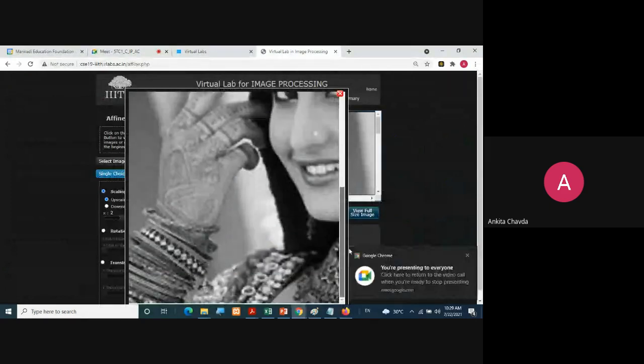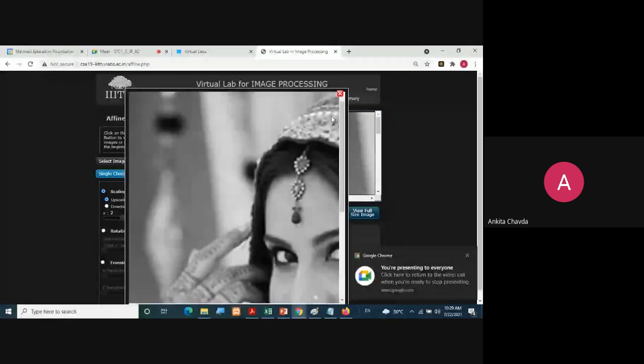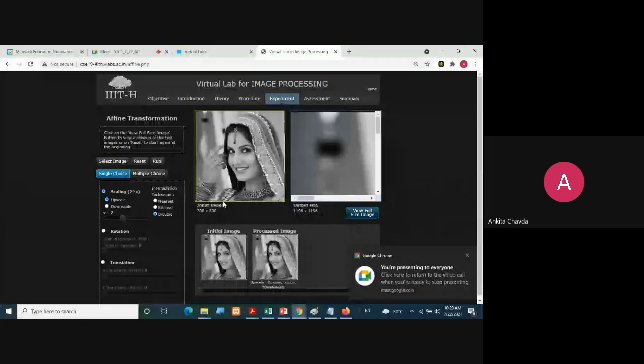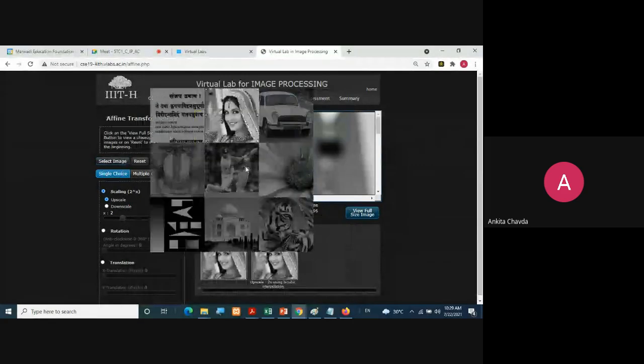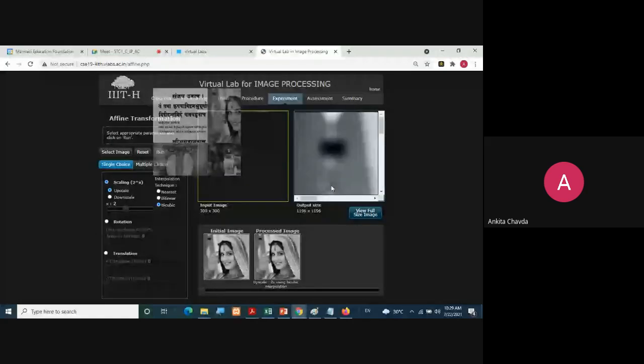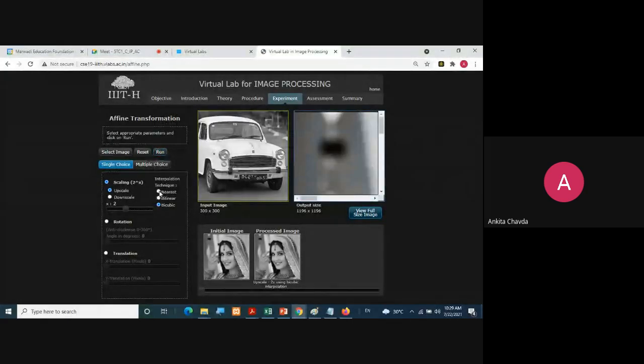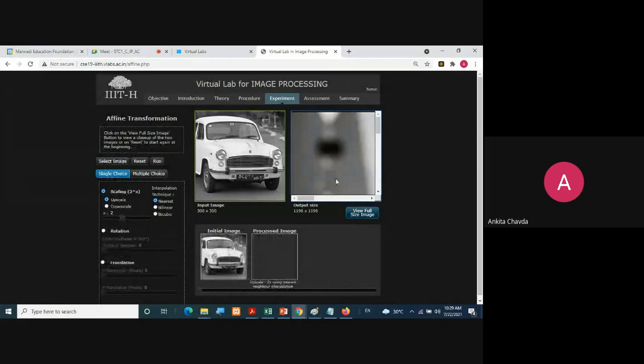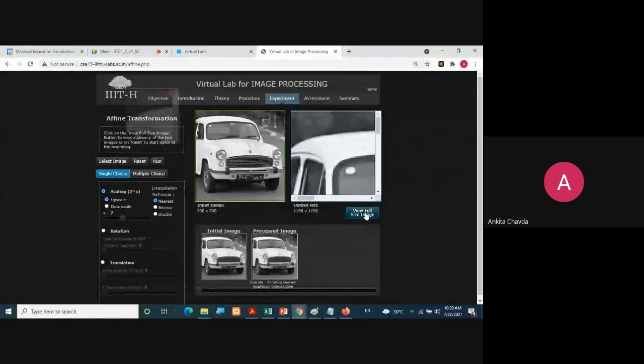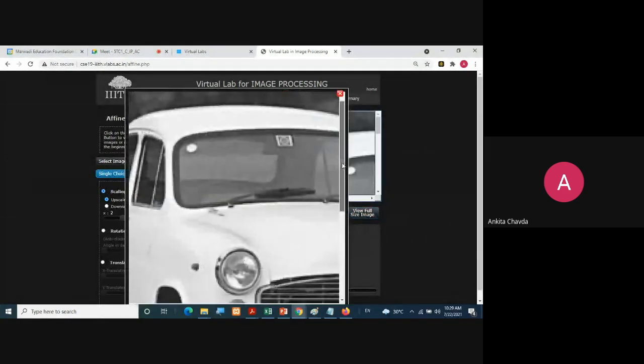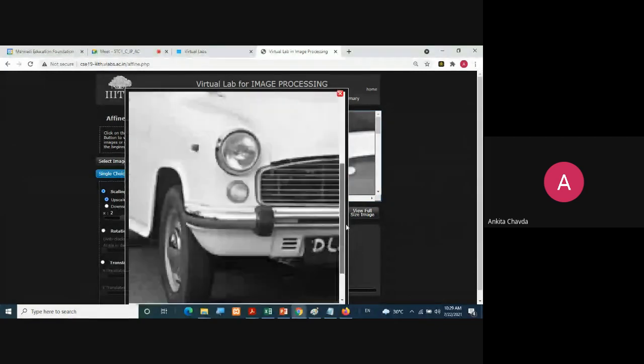Fine. So you can check the results accordingly with the different images, right? You can choose a different image and you can try it. Run it first with the nearest neighbor and check these boundaries and borders and see all the things.